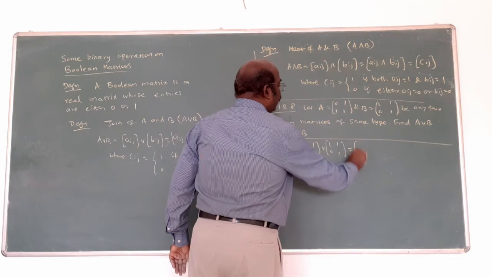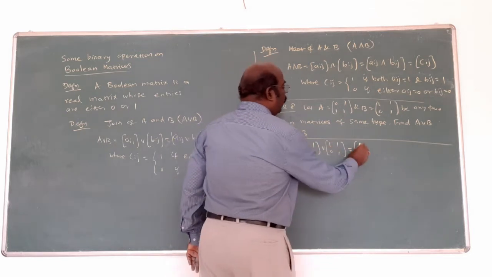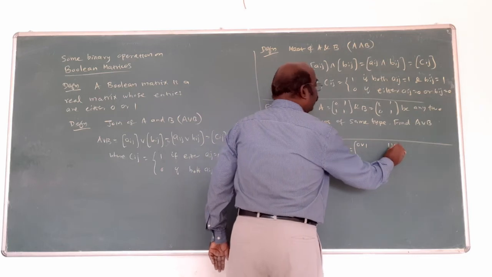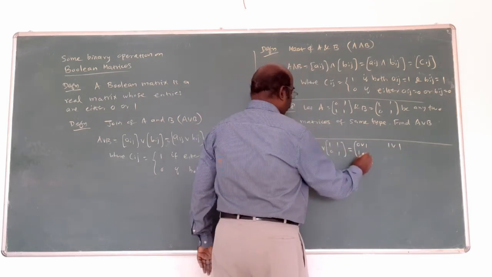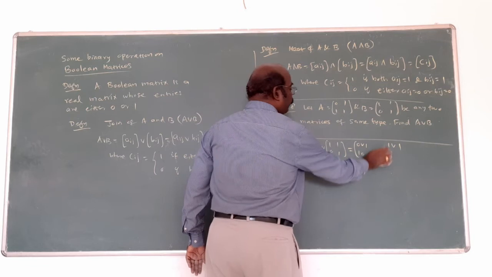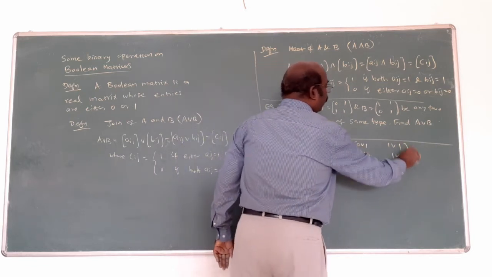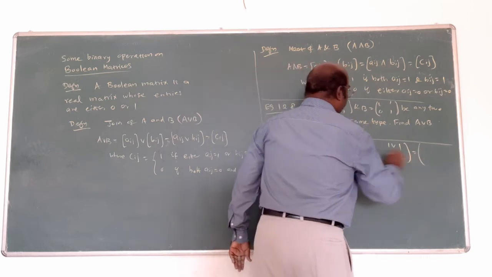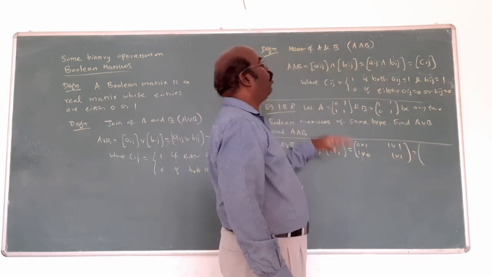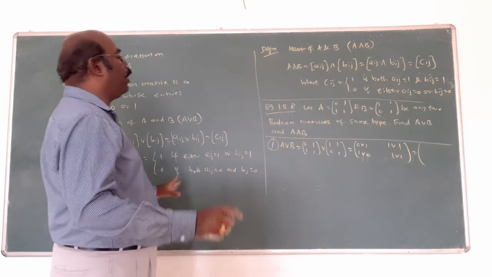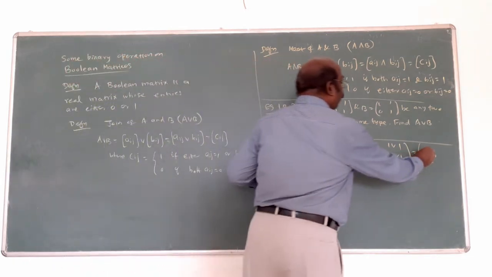The corresponding element should be added. 0, the symbol, 1, 1. Then 1, the symbol 1. Again, 1, the symbol 1, 0. Am I correct? Again, 1, the symbol 1. Now, what I told you, the symbol coming means both 0 means 0. This is the idea. Both 0 means 0. Remaining quantity means 1. All are 1.